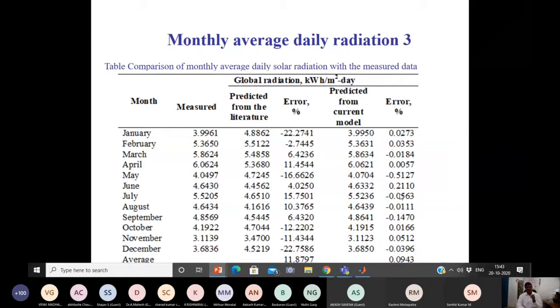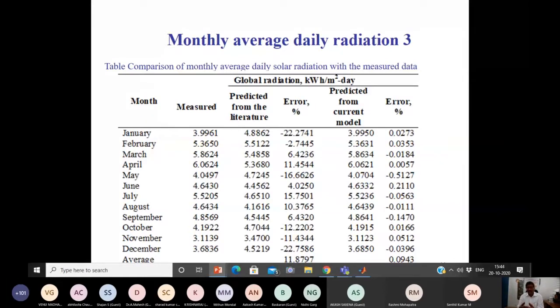In fact, if this model is taken for exactly 1 year of data, the entire 1 year of data can be stored in a single equation. As it is, we can retrace the same data. That means, for example, for 1 year the solar radiation data is thousands of lines. All thousands of lines can be stored in a single line. I was also surprised that by storing thousands of lines in a single line of mathematical equation, we are able to retrace the same value. Only the rounding error is coming.